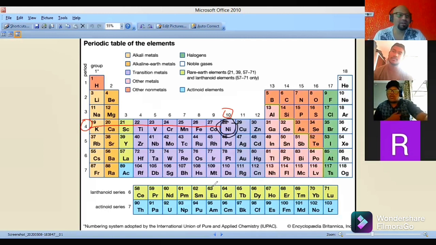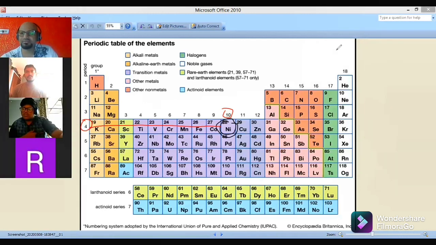So except the P block, the other blocks, S and D, everything will be normal, we just add them up. And in P we have to add plus 10. That's all. Perfect. I'm showing another example. Maybe that will be our last example.